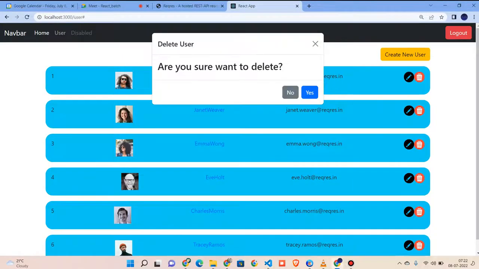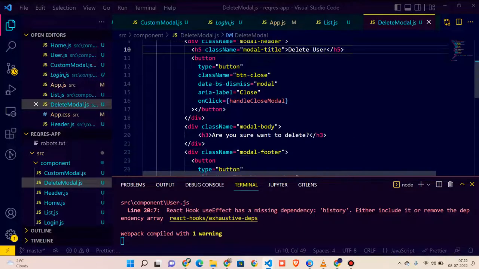Now you can say delete user. Are you sure want to delete? And you can do yes or no. If you do no, it will cancel. If you do yes, automatically it will